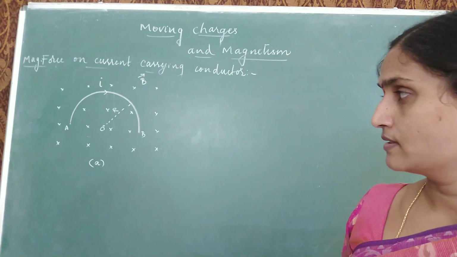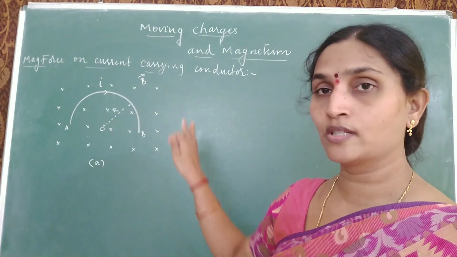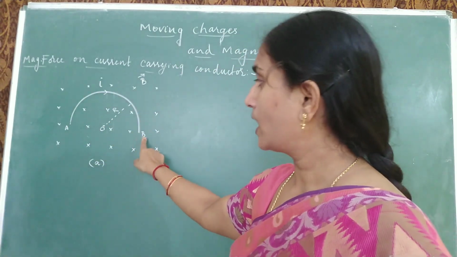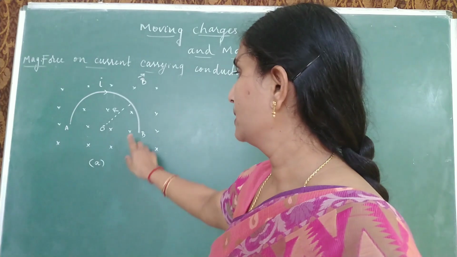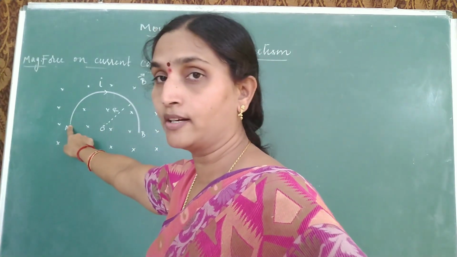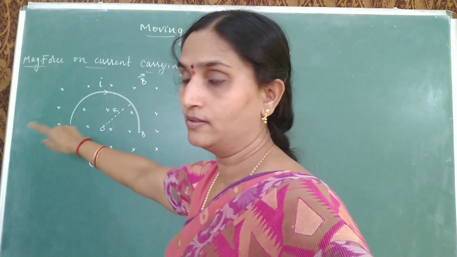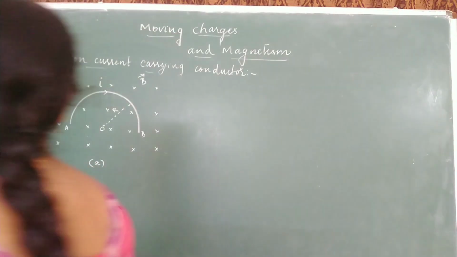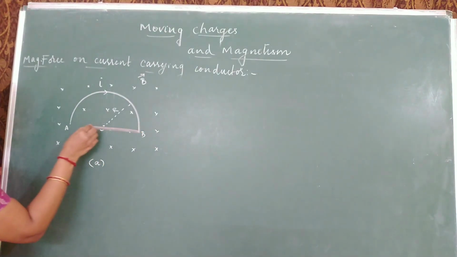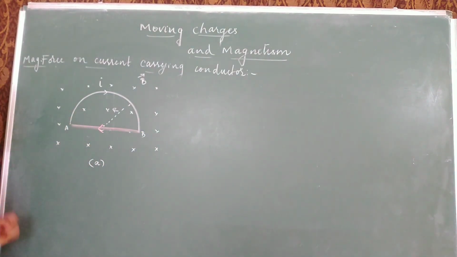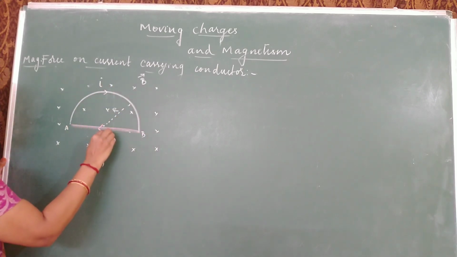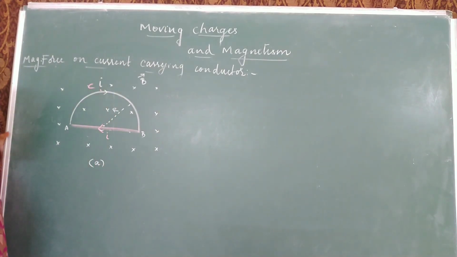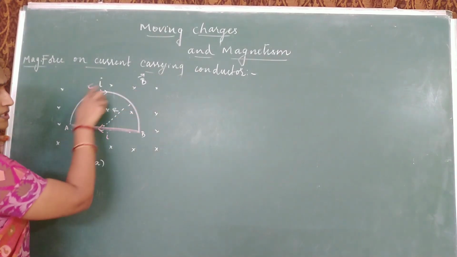See, first what we do is, we assume that this is a closed loop, but we know it's not closed. It is starting from A and ending at B. So I will convert it into a closed loop by imagining one more metal wire directed from B to A, and indicate this with a line. Assume that if it is a closed loop, the same current would pass through it. So if I call this point, say, C. Now it is no more an open loop, it's a closed loop.